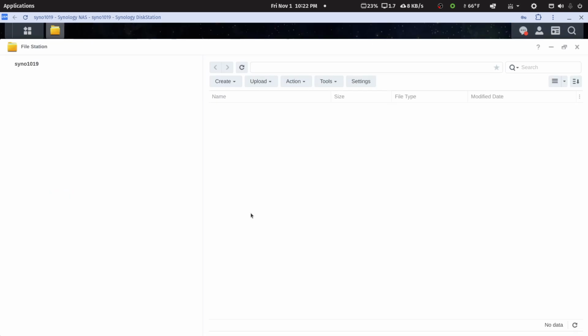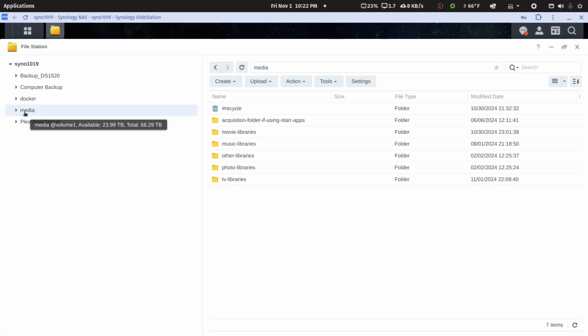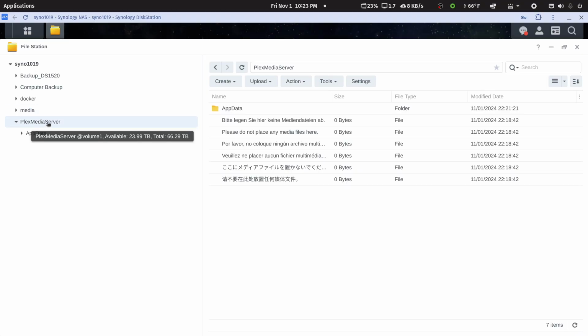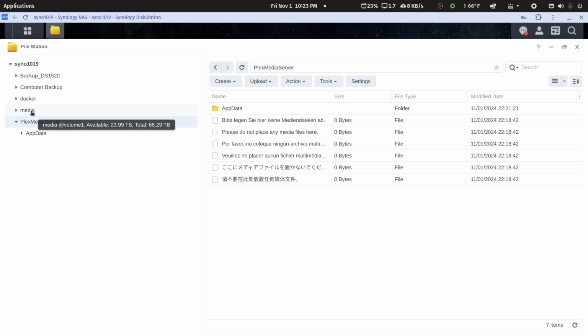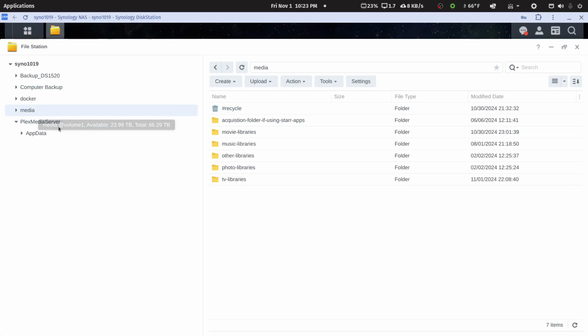So in File Station, you go to your shared media, and if you don't have one shared media folder for your Plex media, you create that beforehand. And if you need help there, I can do another quick video on that. You do not want to put your media into the Plex Media Server install folder. That's why it has this warning: Please do not place any media files here. So whatever your shared folder is named,